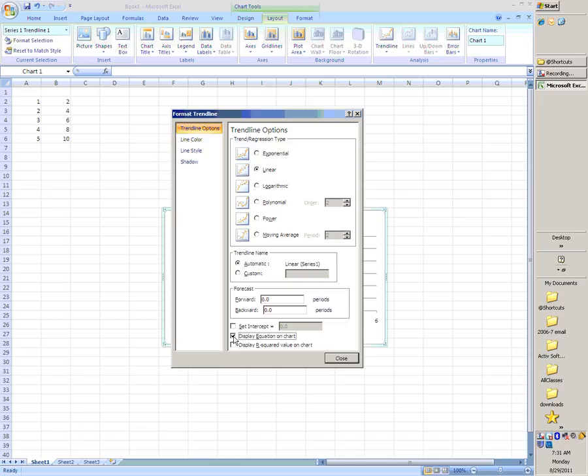If we're looking to make predictions off of the trend in the numbers that we're seeing, getting an equation is going to be helpful for that. So click linear, check display equation on chart. Don't worry about the r squared value. That just gives you a little bit as far as checking how good your line is. But I'm going to hit close now, and boom,